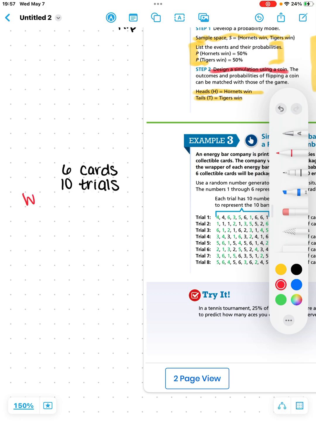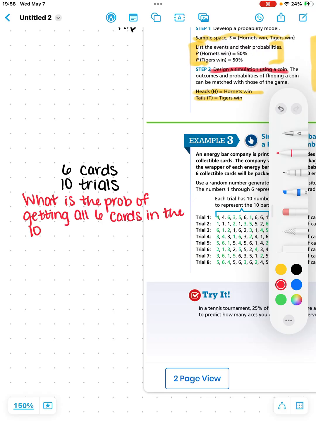What is the probability of getting all 6 in the 10? Oh, all 6 cards. Let me be specific. All 6 cards in the 10